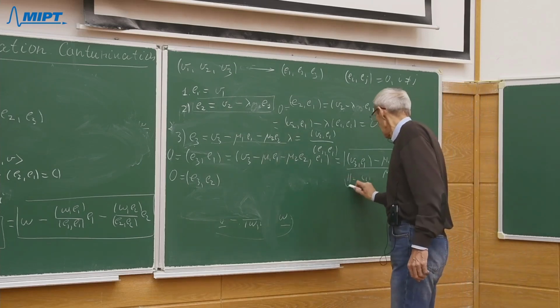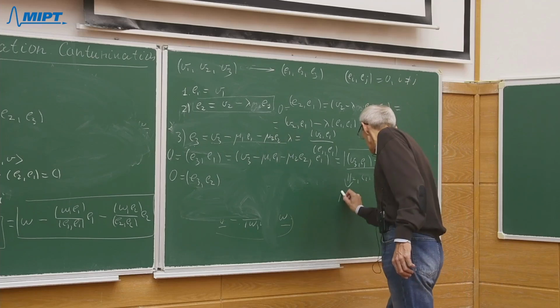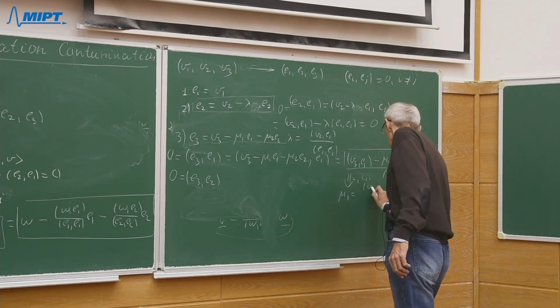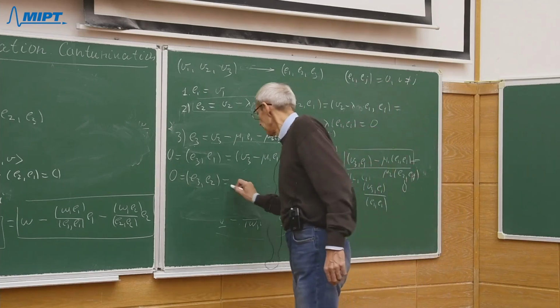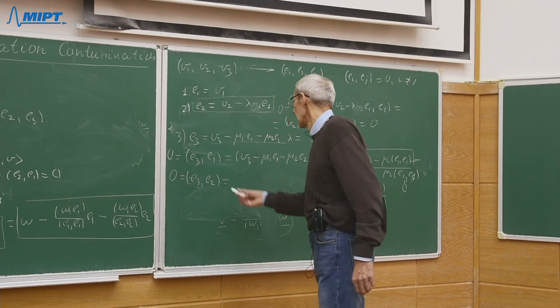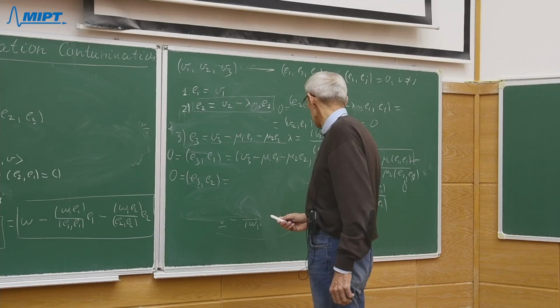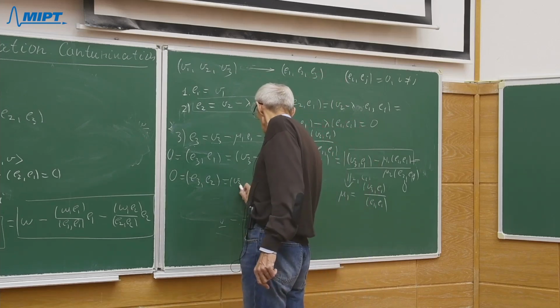And we obtain that this expression is equal to 0. And from this equality, we obtain that mu1 is equal to the ratio (V3, E1) over (E1, E1). And the same way, we can calculate the other coefficient mu2. The same way, we obtain